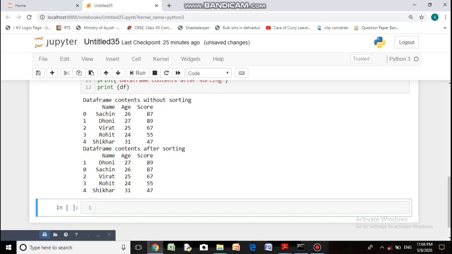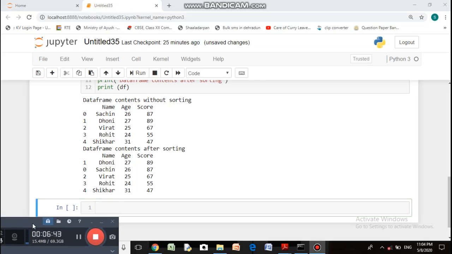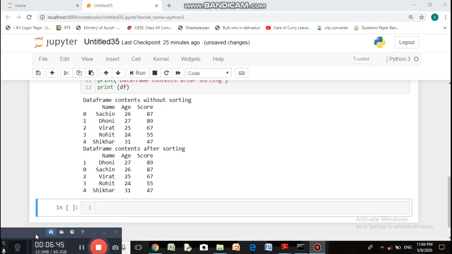Alright. Now sometimes we want to sort the data frame on multiple columns. Now what is the benefit of multiple columns? For example, we are sorting the data frame on the basis of score, but two students are having the same score.